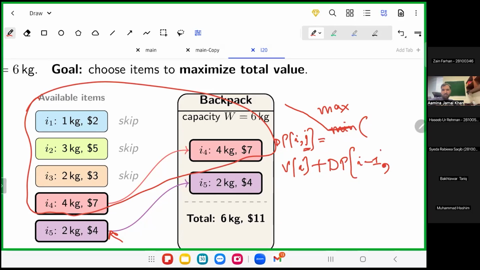Comma J will not be right. It's because when I have picked the ith item, that weight needs to be removed from the available capacity now, right? I have used that capacity. Now the remaining knapsack capacity is reduced. So it should be